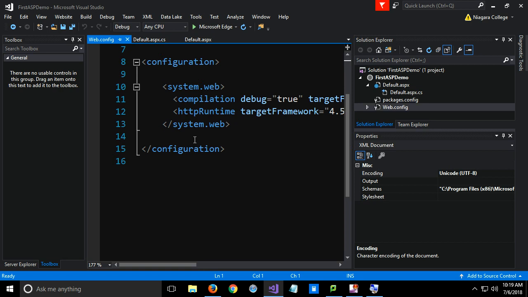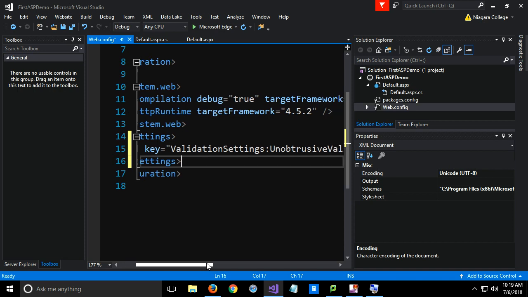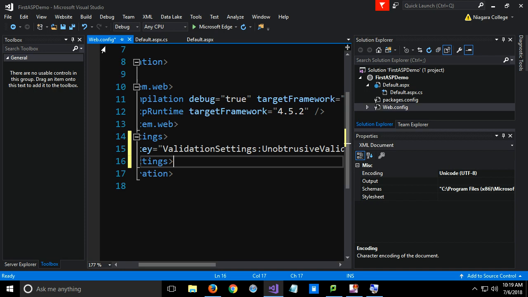Now, just be a little bit careful. It has to be inside the configuration/configuration, but you don't want to put it inside any of the other sub areas, right? It doesn't belong in system.web, it's its own thing. So I'll just put it right here, app settings, okay? And there we're adding that key to tell it not to try and use unobtrusive validation mode, right? Save it, run it again,